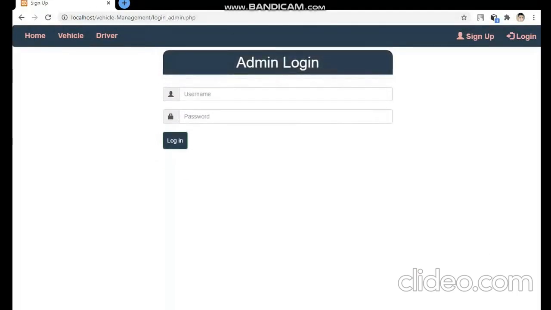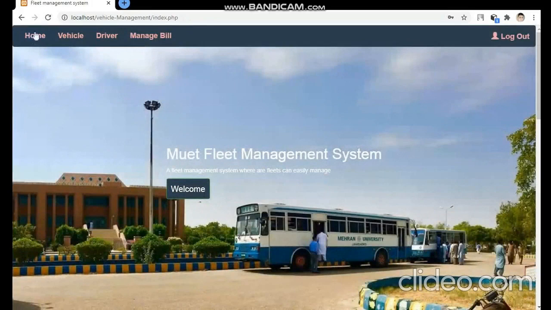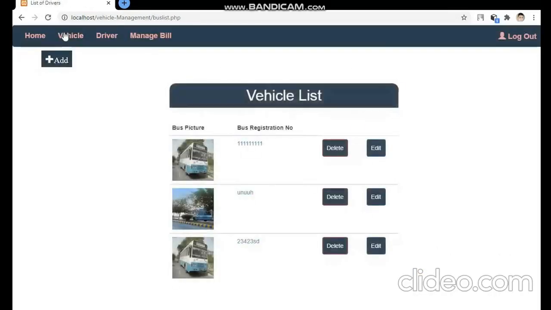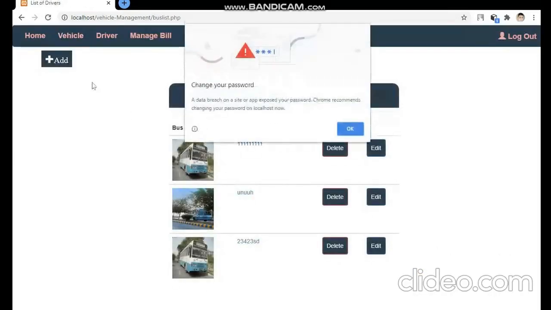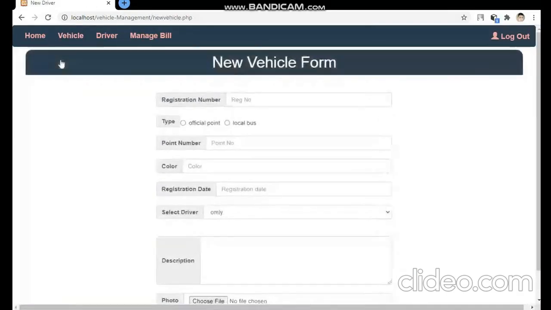Admin login. Here admin enters username, password, then login. So the welcome for admin. So home page, vehicle. Here vehicle list is there. So you can see admin can add new vehicle by